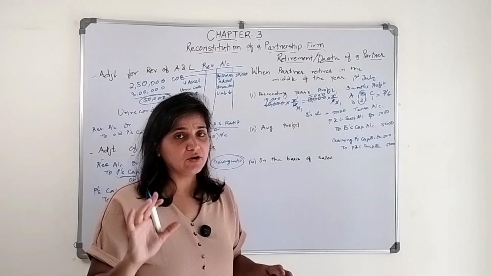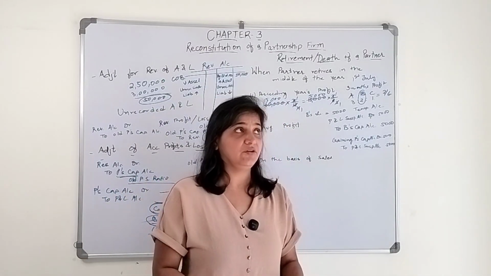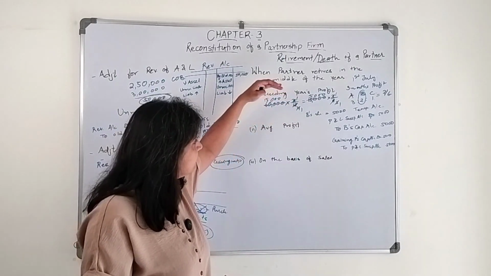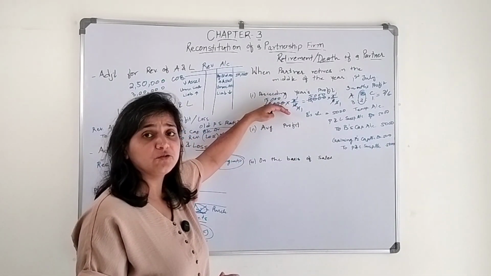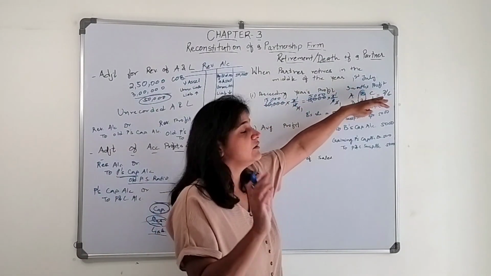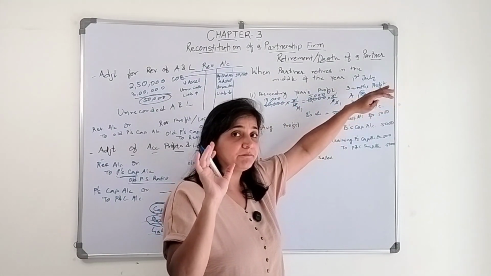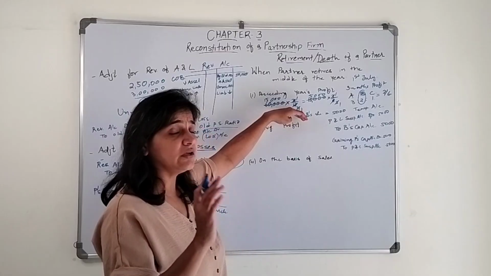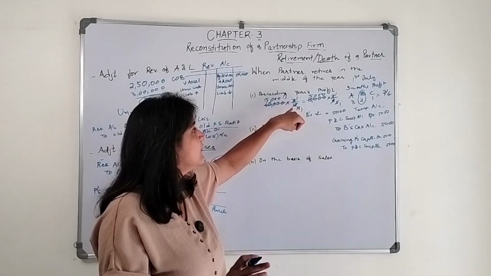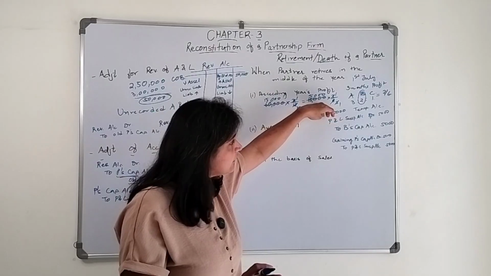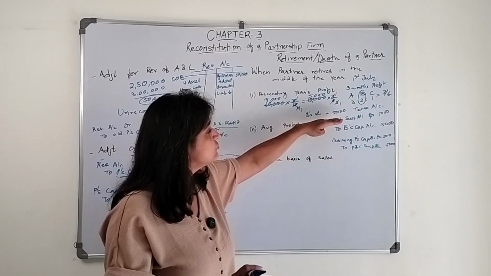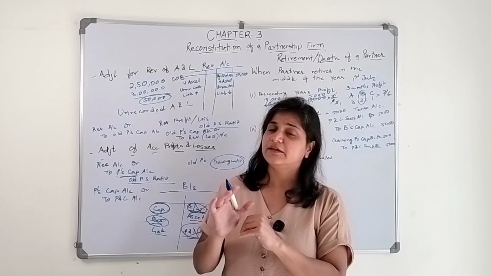Okay, now it depends on the agreement, what is written in the agreement. If we have to consider the preceding year's profit, we will consider the preceding year's profit. This profit belongs to the whole year, so we need to consider the partial amount for the partial months for which the retiring partner is there. So he was there for 3 months, so 3 months profit is 15,000, and his share in profit is 2/6. So 2/6 is 5,000, we will give to B.